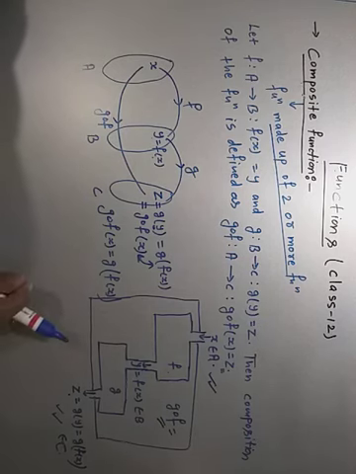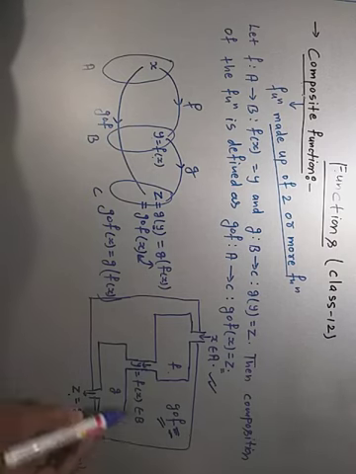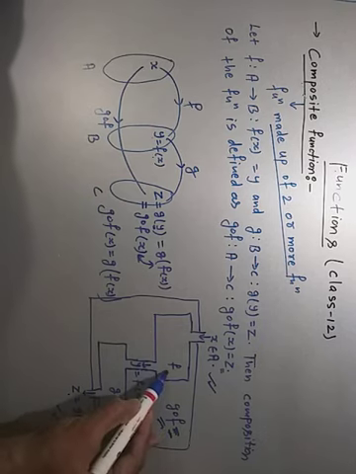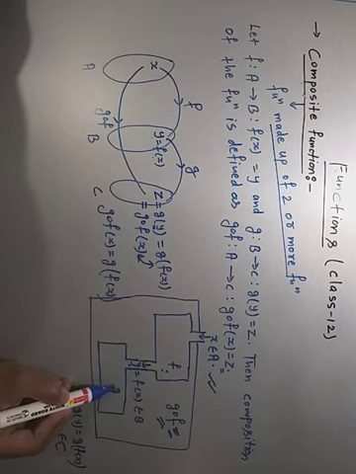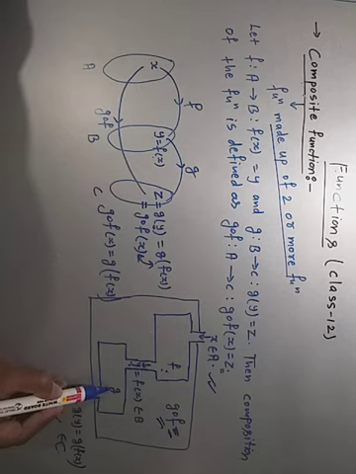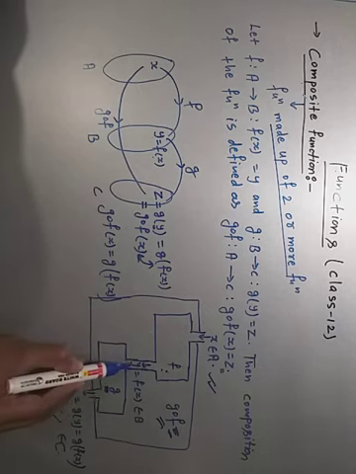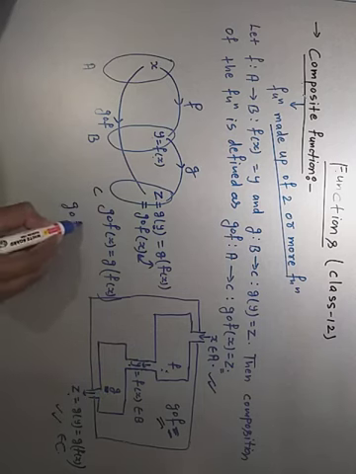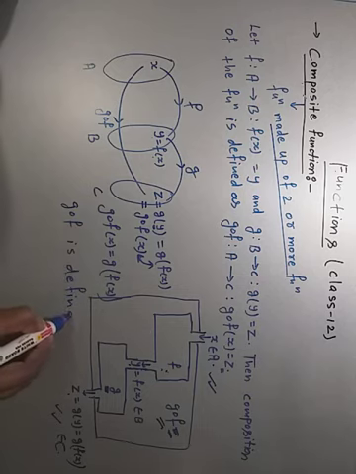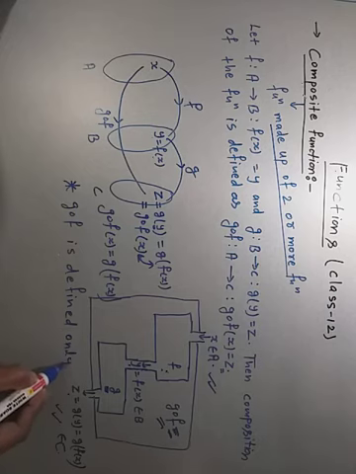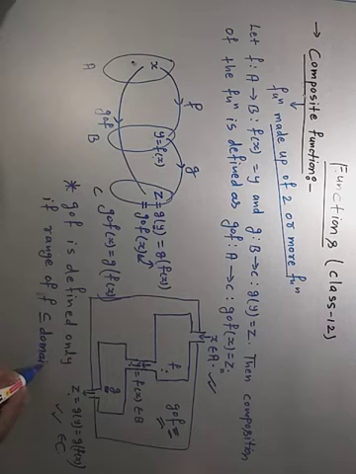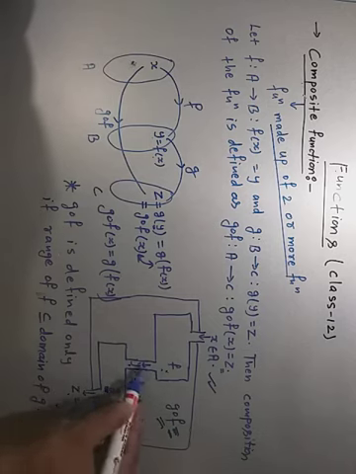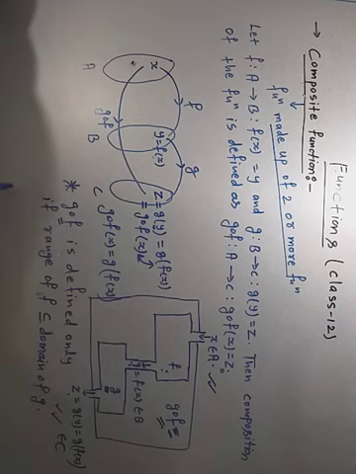इसको हम प्रॉपर एग्जाम्पल के साथ डिस्कस करेंगे, लेकिन एग्जाम्पल डिस्कस करने से पहले एक और बात ध्यान देना है कि अगर कभी गॉफ फंक्शन डिफाइंड होगा, तो गॉफ फंक्शन को डिफाइन होने के लिए ये ध्यान से समझना कि f का जो आउटपुट है वो f का रेंज होता है। तो f का रेंज डेफिनेटली g के डोमेन का पार्ट होना चाहिए, क्योंकि अगर f का रेंज g के डोमेन का पार्ट नहीं होगा तो g इनपुट एक्सेप्ट करेगा ही नहीं। तो इसके लिए जरूरी है f का आउटपुट, इट मींस f का रेंज g के डोमेन का पार्ट हो। तो हम यहां पे लिख रहे हैं gof is defined only if range of f is a subset of domain of g। अगर f का आउटपुट g के डोमेन में प्रेजेंट नहीं हुआ तो डेफिनेटली गॉफ फंक्शन डिफाइन नहीं किया जा सकता।